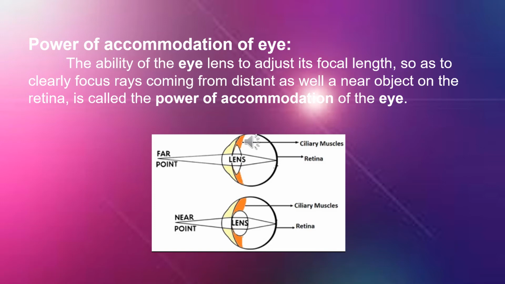Think about the lens. It immediately alters its size, whether thick or thin, and we are able to see. This is called the power of accommodation. If this is not happening, then it results in a defect. Look at the picture. If the lens is very thin, you are able to see the distant object, the far away object, like the sky, or in your room, the wall is the far away object from you. Whereas if the lens has become thick, in that case you are able to read the book or write something in the notebook; all this will be focused only on the nearby object.